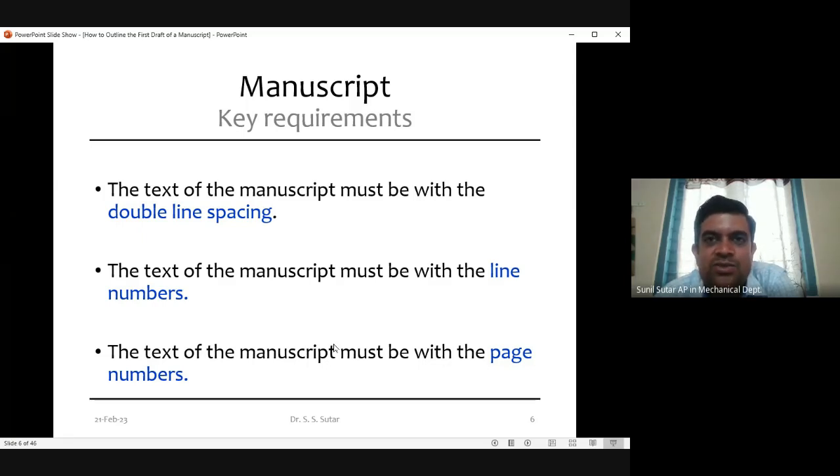Each of the lines should have a line number, and likewise, every page should have a page number. So double line spacing, line numbers, and page numbers are mandatory for a manuscript. The reason being, when the manuscript undergoes a peer review, a peer reviewer, who is a researcher,